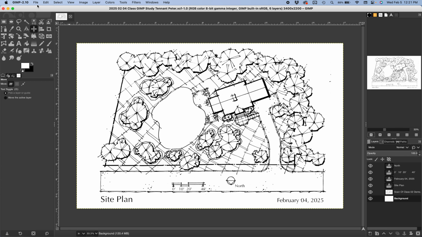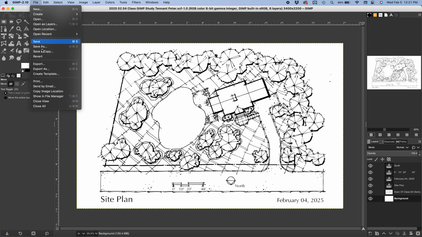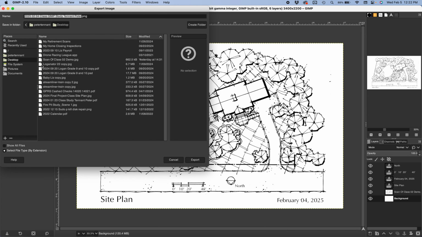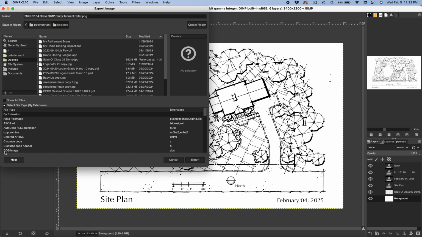How do we do this? File, Export. First of all, you're going to want to select a location. We're going to go desktop. You're going to select the file type by extension. So we click on that. And by extension, you're going to scroll down and you're going to want to find,